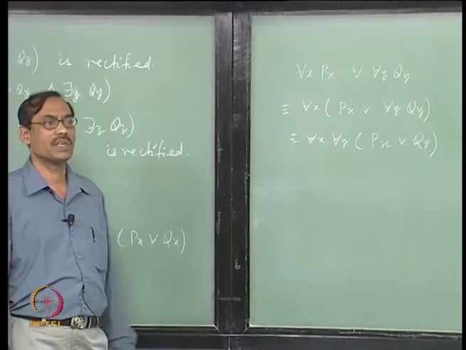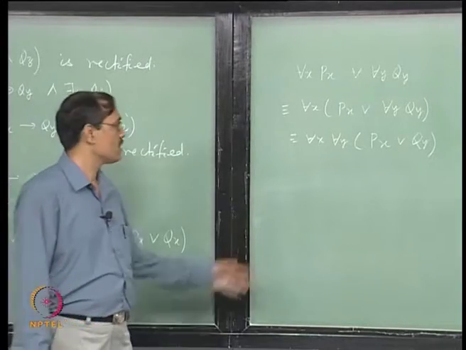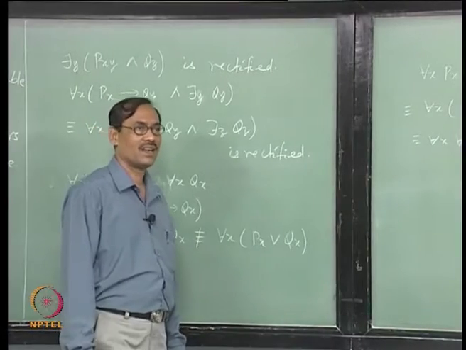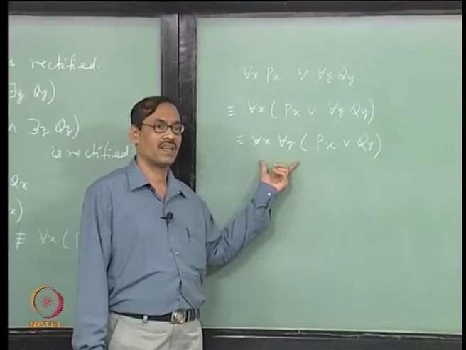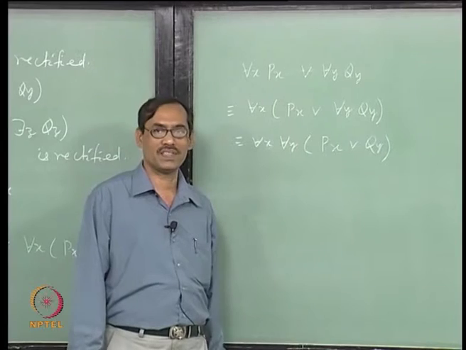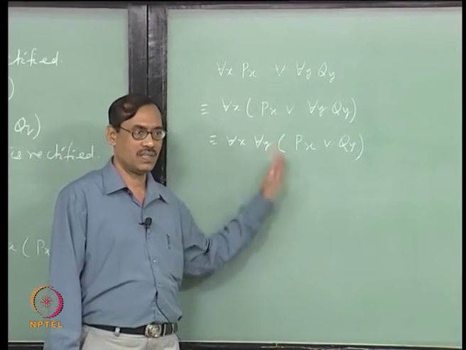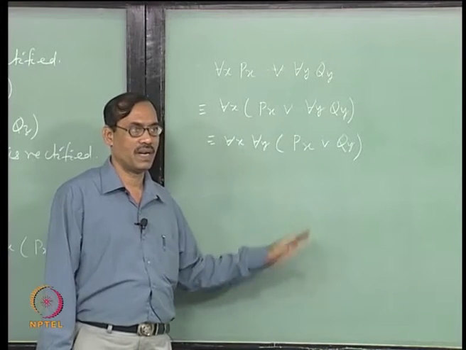Now, you can bring the quantifiers to the beginning, but you can never bring it to the form for each x p x or q x. That is fine, but the quantifiers can be brought to the beginning, maybe with many more quantifiers and so on. They will become equivalent now. So, this is the thing we want to happen now.